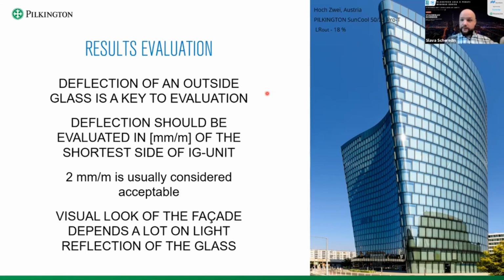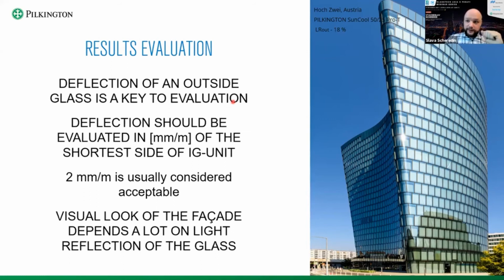And these requirements of 2 mm per meter can be lowered, and it all can be estimated in advance. Please bear in mind that I'm not saying that the calculations which are done now are wrong. No. The calculation under maximum loads is absolutely necessary for you to give your building safety. But in addition to this, you can estimate the visual look of the facade by conducting a special additional calculation